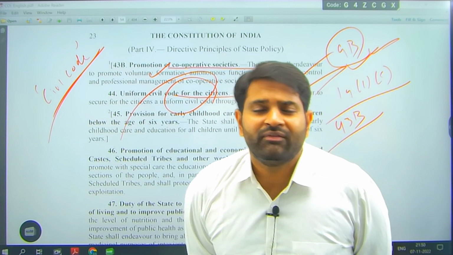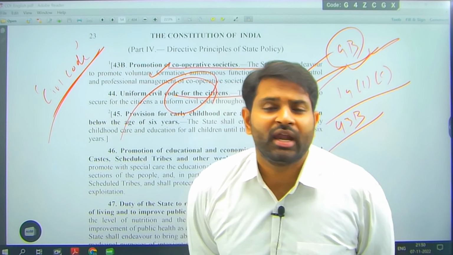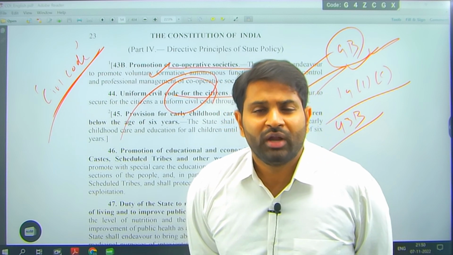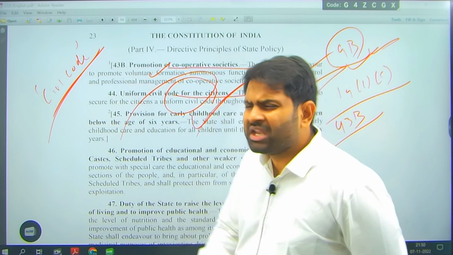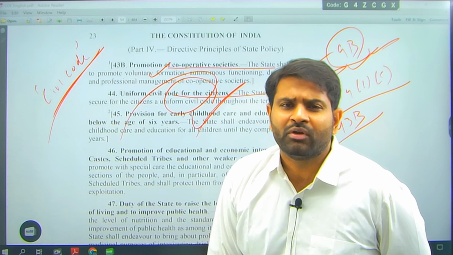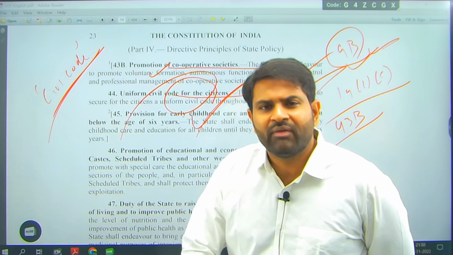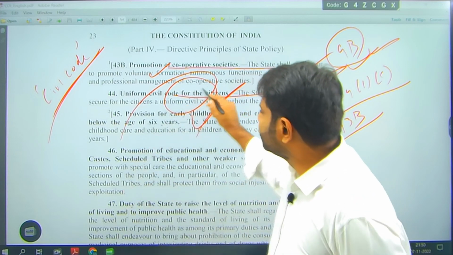That is where we are coming into the picture. Separate laws for different religious people are creating a complex judiciary and dispute resolution system. To get rid of that, he has suggested that at any time in future, if you have any chance, get rid of all these things. Bring one uniform civil code. How to get married? One law. How to get divorced? One law. How to get succession? One law. For everyone, there is only one law. That is called uniform civil code.